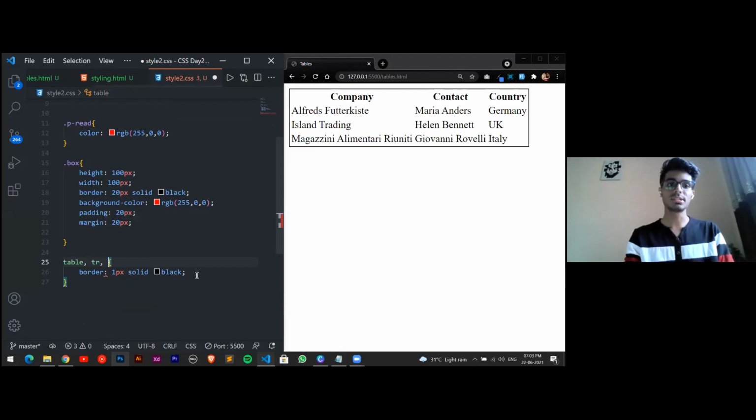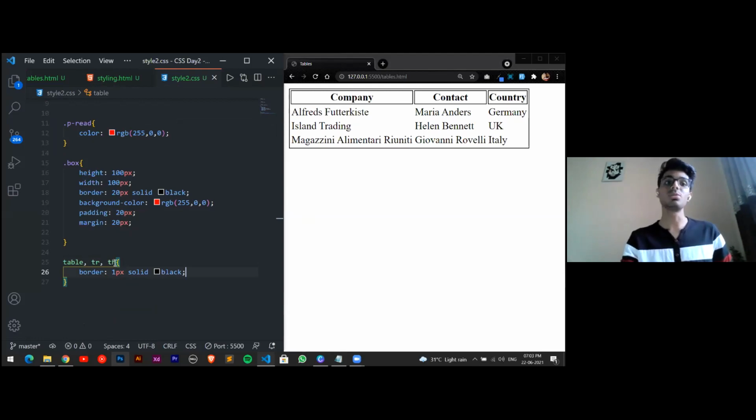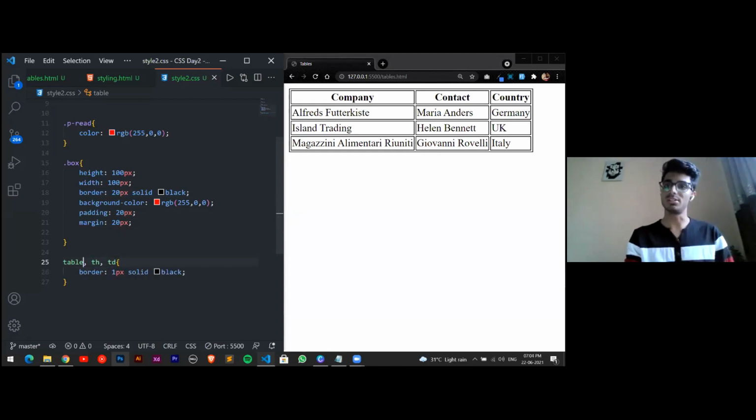So if I do this, as you can see, all the TH and the TRs, my first row, have got the border now. You can see here, I've given it only to TH, not to TD. So as you can see, the TH has got the border. Now if I just add TD over here, so that my data cells also get boundaries. See, you have got the borders over here. Okay, just toggle with this. If I just remove TR, what will happen? Okay, nothing happened. So that wasn't the right method to be done.